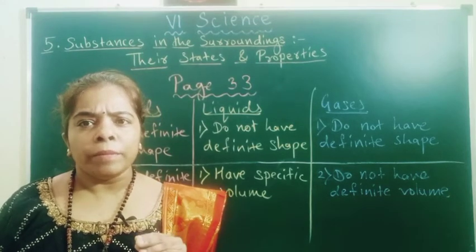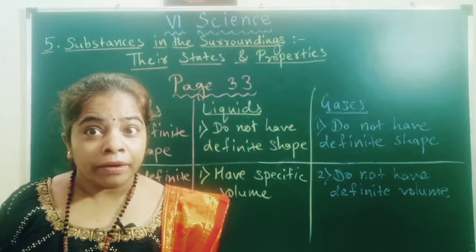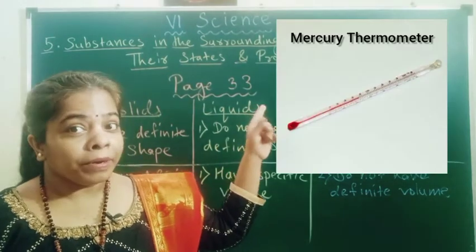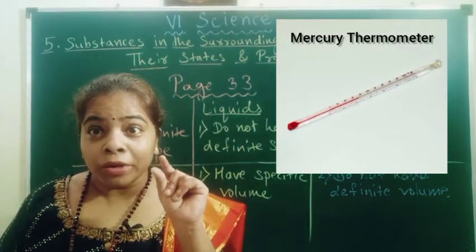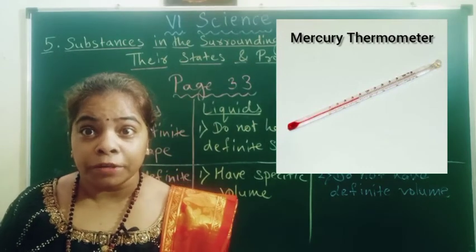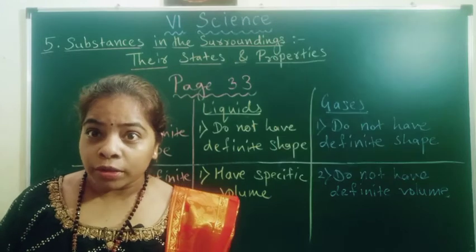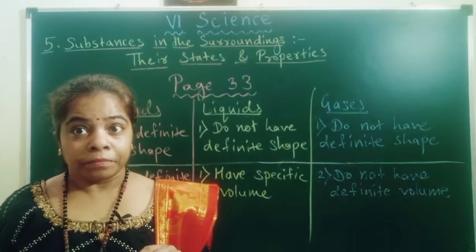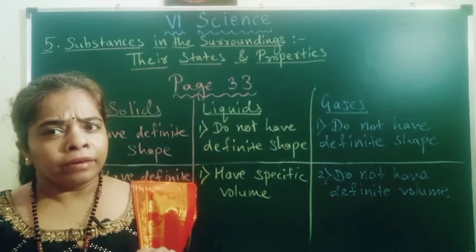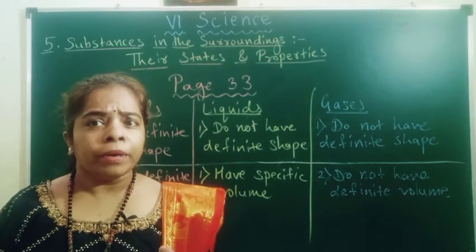Basic types of thermometers are the mercury thermometer. I'll show you the mercury thermometer there, okay, which has mercury liquid and is made of glass. Children, you have to be very careful with a mercury thermometer. If it falls down, it will break. So the mercury thermometer is one type of thermometer.